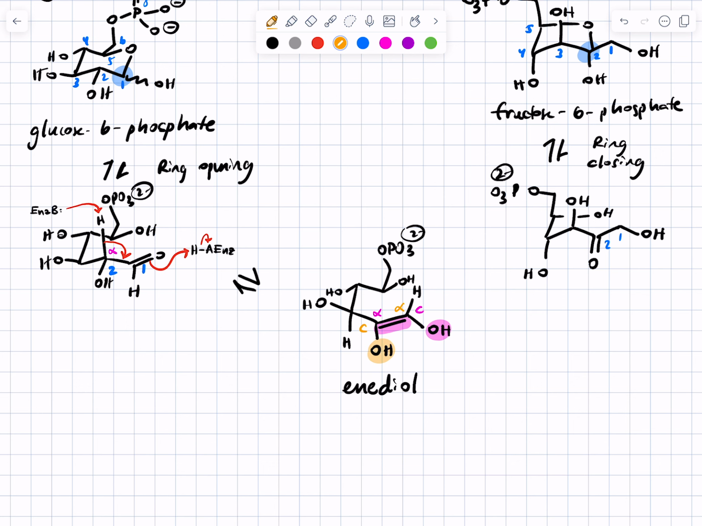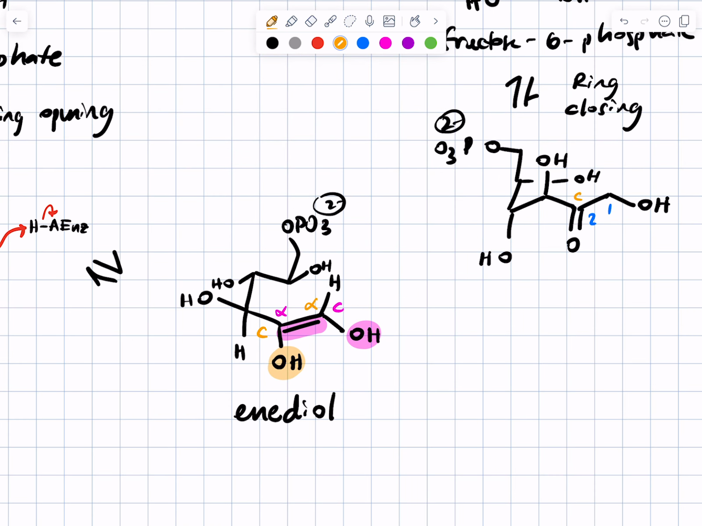The thing about the enediol intermediate is it's the enol of two different molecules. It's the enol of the aldehyde, but it's also the enol of the ketone. So to get from the enediol to the other ketone is just another proton transfer step. We'll have a base from the enzyme active site remove the proton from the C2 hydroxyl group. Electrons will kick down to form a pi bond, and then we'll protonate on the orange alpha carbon,